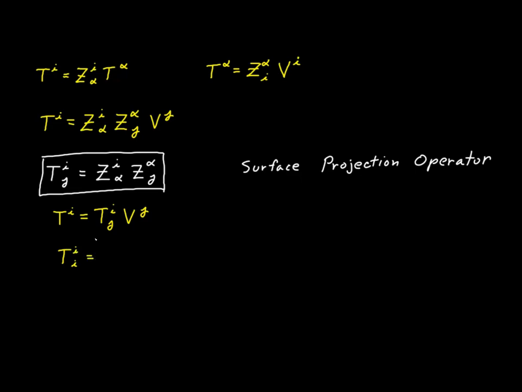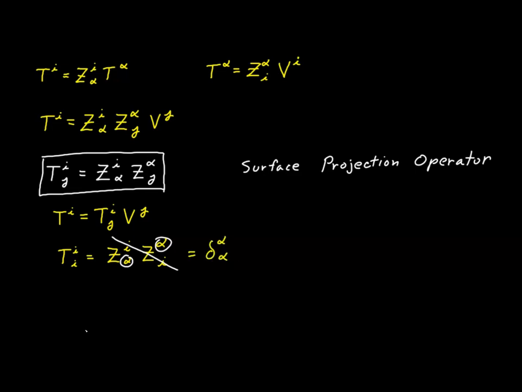And of course, we'll just use our definition. That's Z_i^α contracted with Z^α_i this time. And now what we do have is a contraction along the ambient index, which means that the result is going to be a delta factor with these indexes. In other words, this is just equal to delta